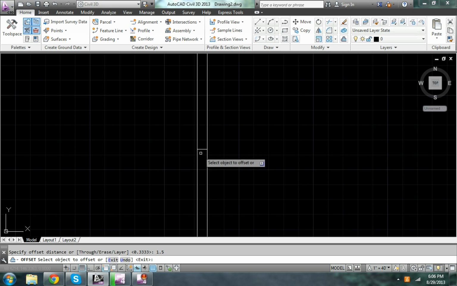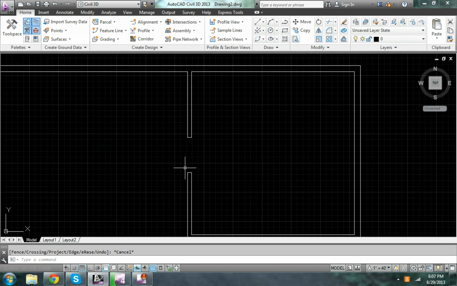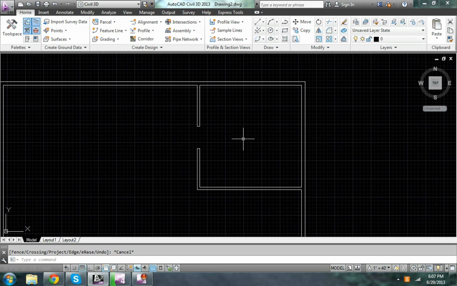1.5. Up 1.5. Down. Delete that center one. And now trim. Right click in space, left click where I want. Beautiful. Now we got a door in the room. It looks perfect. Okay, now we're going to talk about